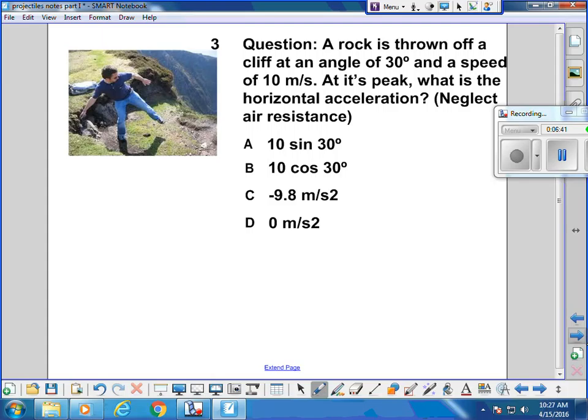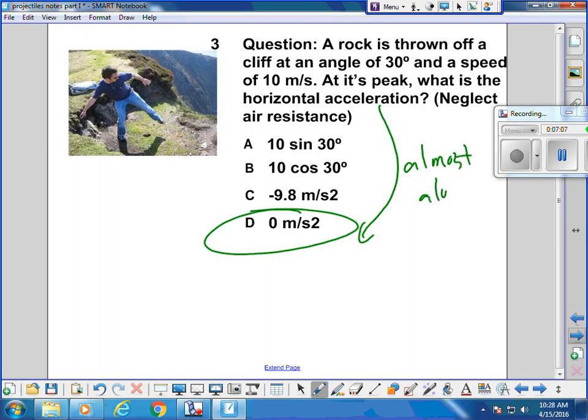Question number 3. A rock is thrown off a cliff at an angle of 30 degrees and a speed of 10. At its peak, what is the horizontal acceleration? Are you sure? I can't fool you. When we do it on clickers, you'd be surprised how many people pick something else. You must be paying attention, Nate. That's good. So yes, horizontal acceleration is 0, and I will say